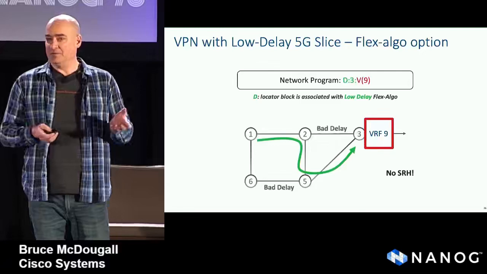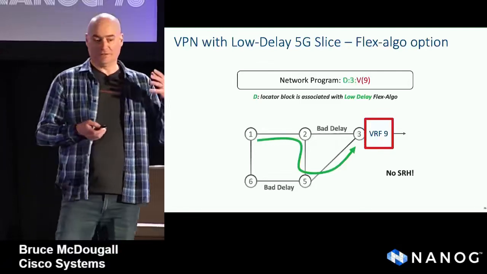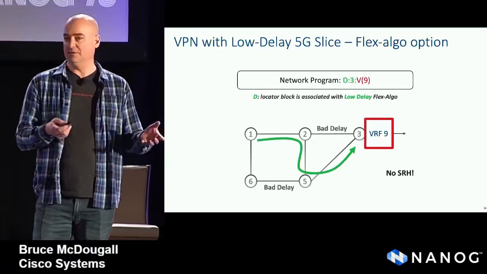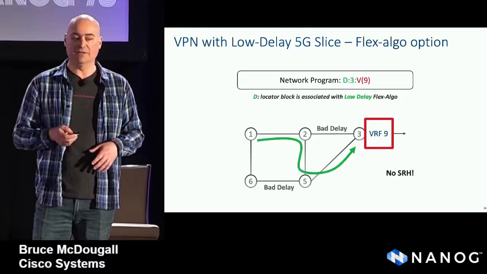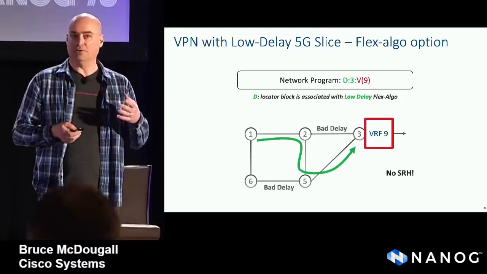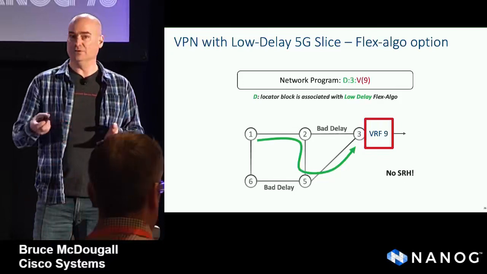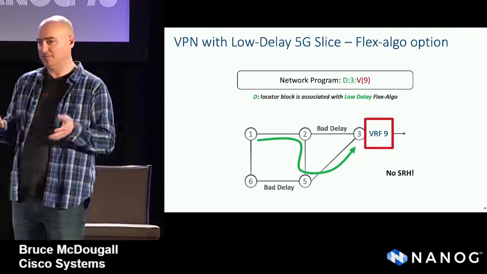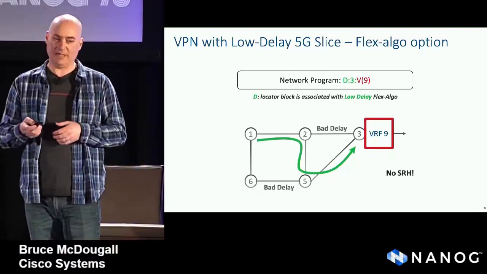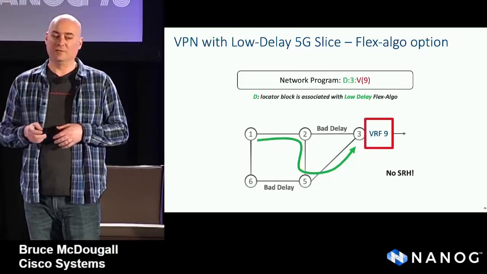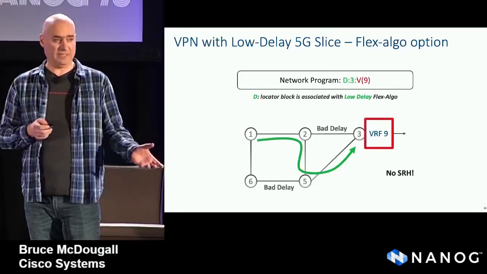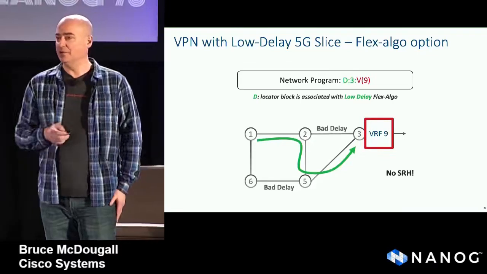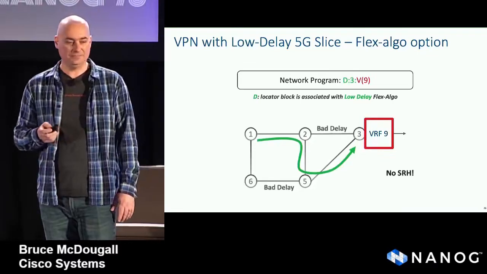So in this case, we've got another, say, loopback address on the remote router that is assigned an address in the D block. And so we're going to encapsulate this packet because it's got low delay as its service or its SLA. It gets encapsulated in D:3, which is the locator for the low delay path to router 3, the egress node. And then the function at the end of the destination address on that encap is, again, the VERF9 function. So here we get VPN encapsulation and actually low delay traffic steering with a single header and no additional SRH added.